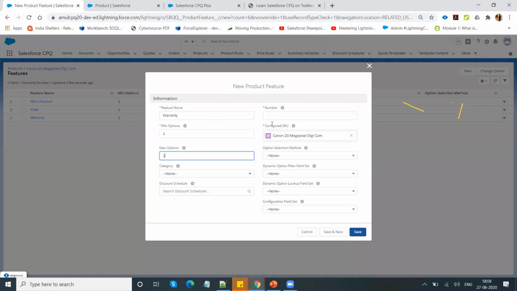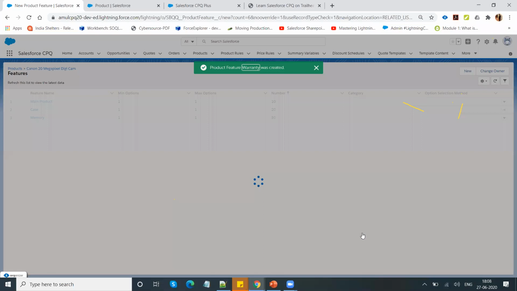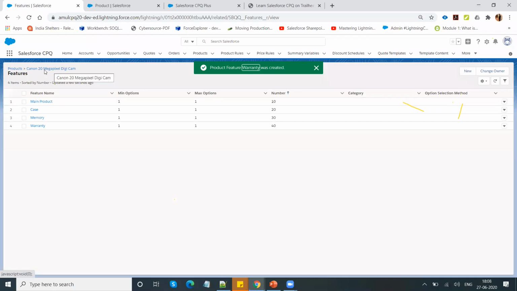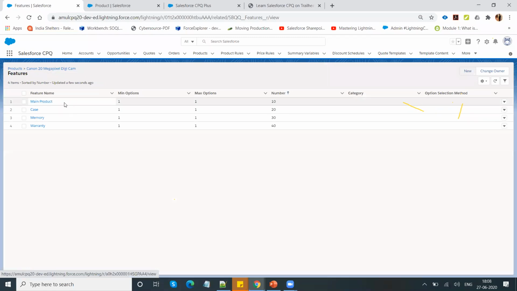Minimum 1, maximum 1, and this is sequence 40. So this number is basically your sequence, how you want to display. So I have 10, 20, 30, and 40. These are all my features available in this bundle. So whenever any person picks this bundle, they will see the main product called Canon camera. Then they will see the cases, the memories, and the warranty.